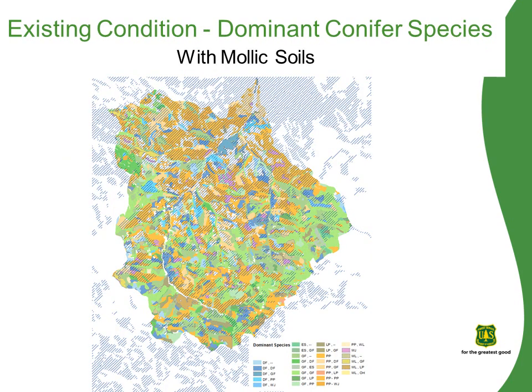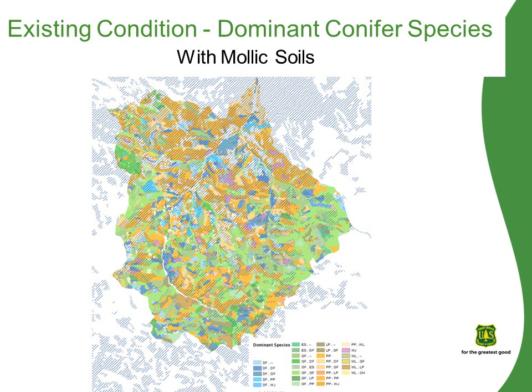Now this is the same display as the previous slide. In the soils resource story, Hirsch McNeil explained the mollic soils and how they are indicative of where open stands of ponderosa pine with grass understory existed. The hash lines here indicate where the mollic soils exist, and it overlays the dominant overstory conifer species. As you can see, much of the area of mollic soils has a ponderosa pine overstory, oranges with the hashed